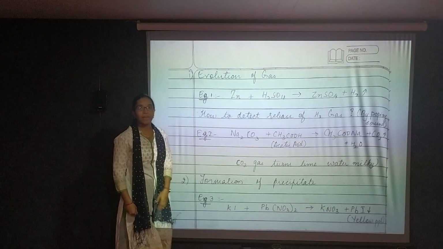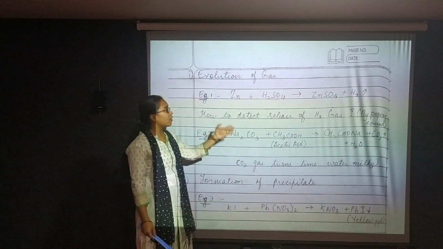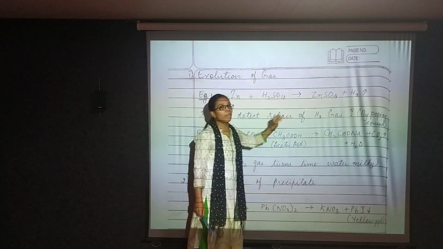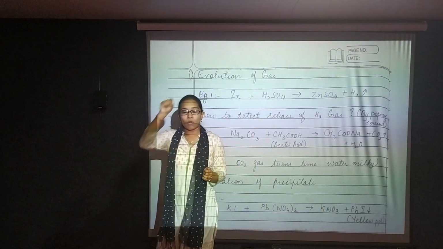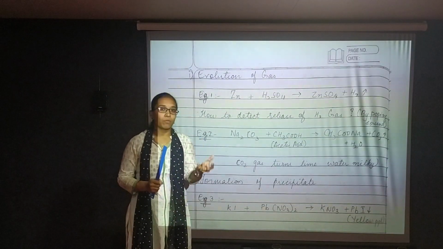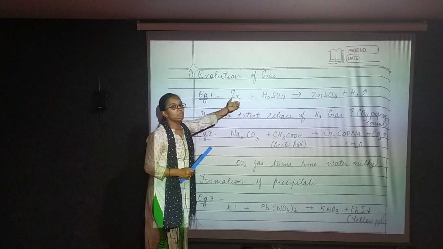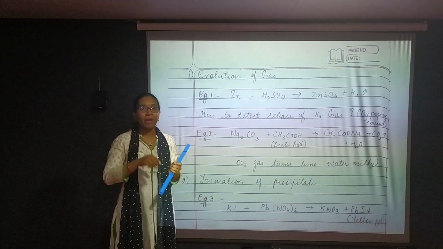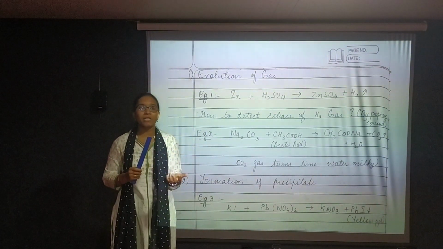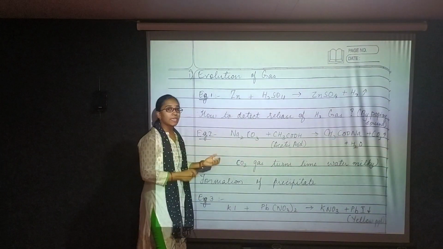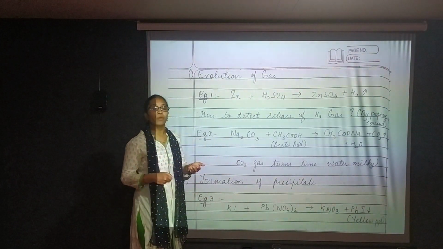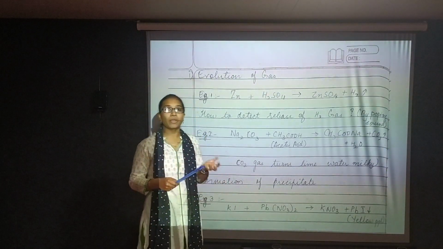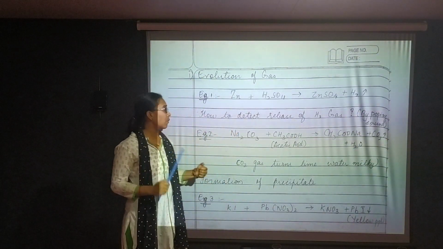Next is how to detect, how can we check that hydrogen gas is evolved or not? You can check this evolution of hydrogen gas by taking an outlet pipe. Suppose you are doing this experiment, you are combining the substances inside a test tube, and at the top of the test tube, take a tube and insert it inside a tub that is filled with soap water. You can see bubbles inside it. That is because of the production of hydrogen gas. And with those bubbles, you can even hear a popping sound.